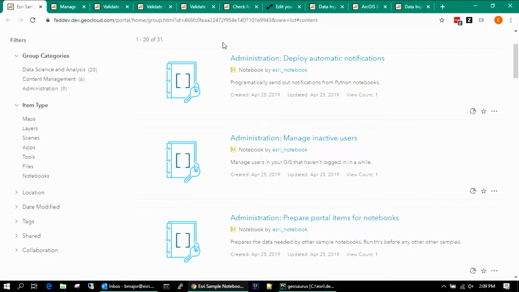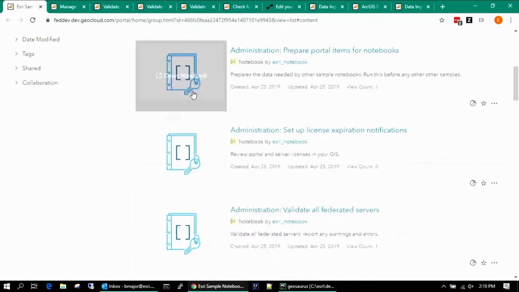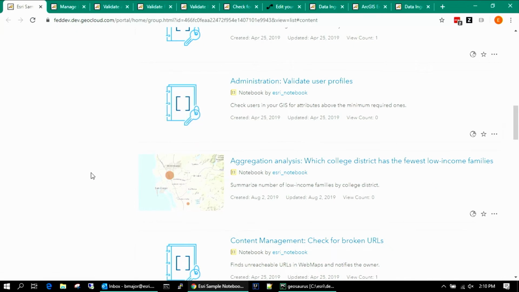So the first thing I want to highlight is with Notebook Server, when you have a Notebook Server installed and configured with your ArcGIS Enterprise, one of the things is that there is a group called Esri sample notebooks. And in here is a lot of great samples that David and the team has spent quite a bit of time on